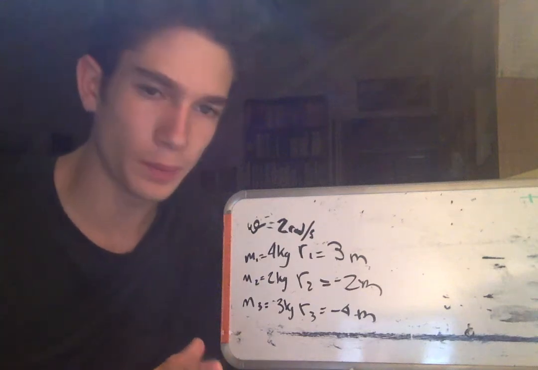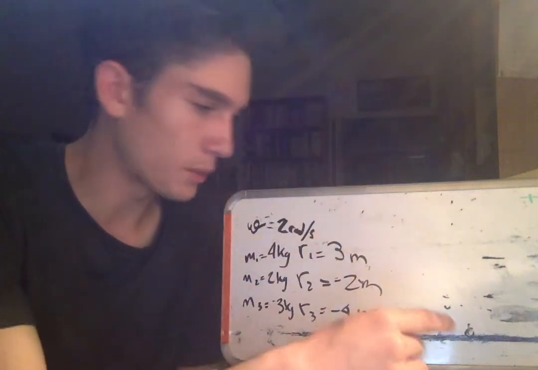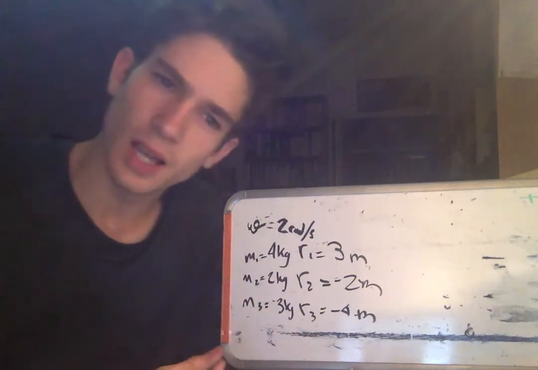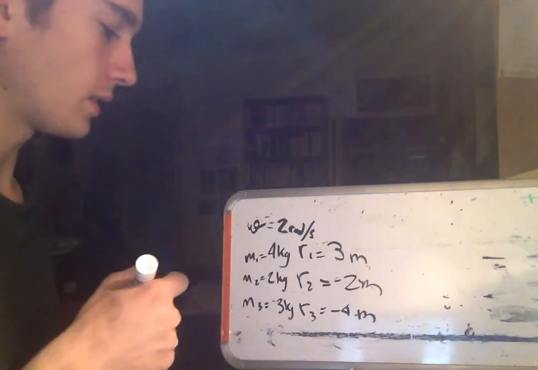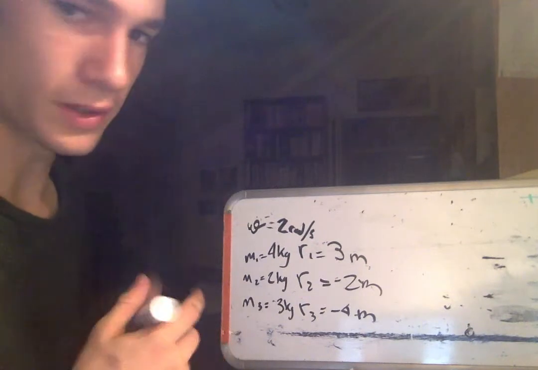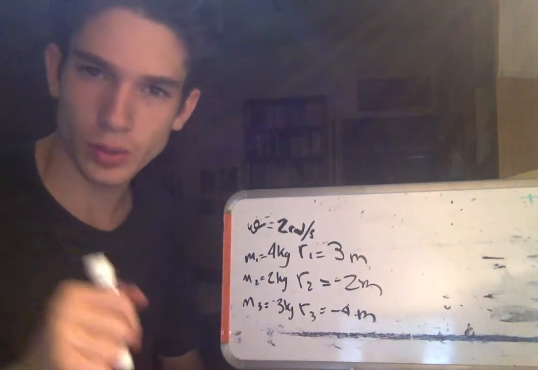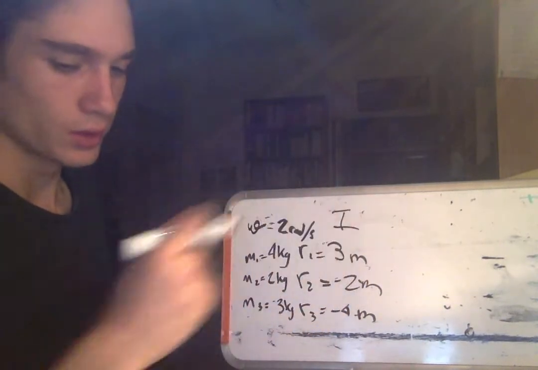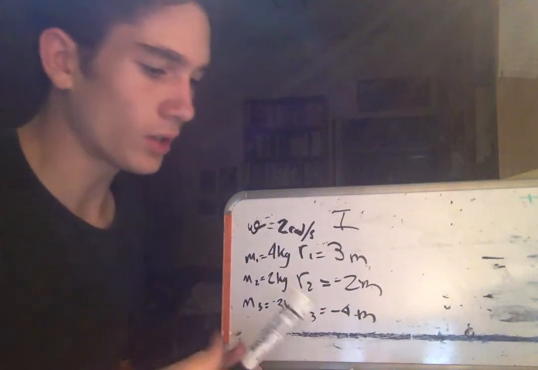Okay, so we're gonna solve a problem here where we got an axis and three balls at three different radiuses with three different masses, and they are rotating at a rotational speed of 2 radians per second. So the first question is, what is their inertia? All right. So to calculate their inertia,